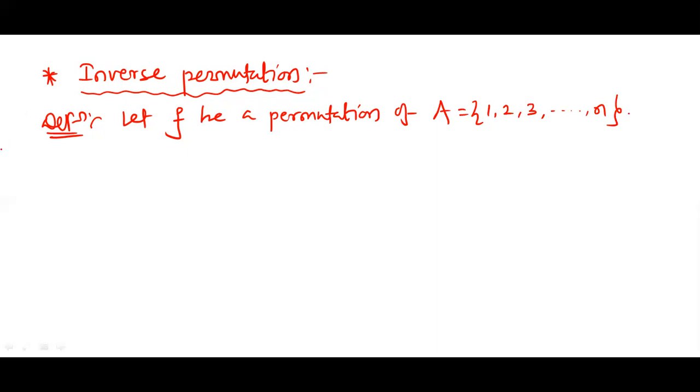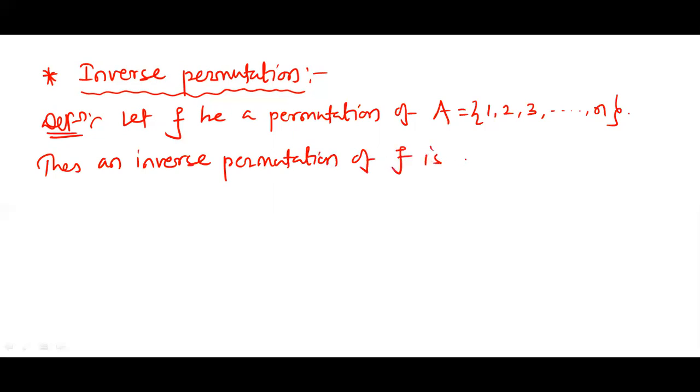Then the inverse permutation of the permutation F is denoted by the symbol F inverse, and it is defined as